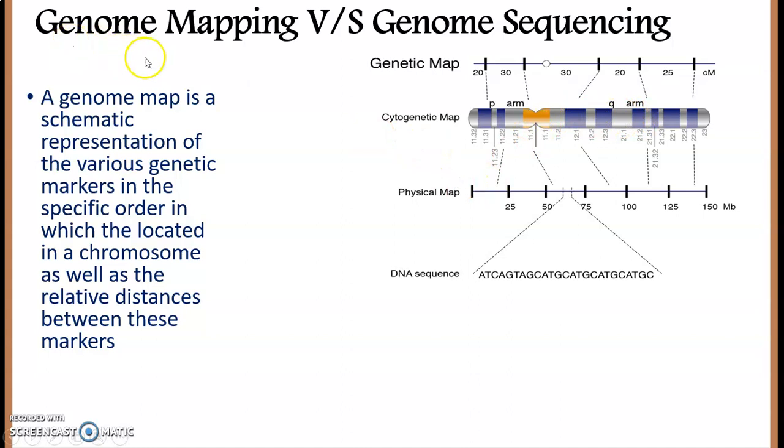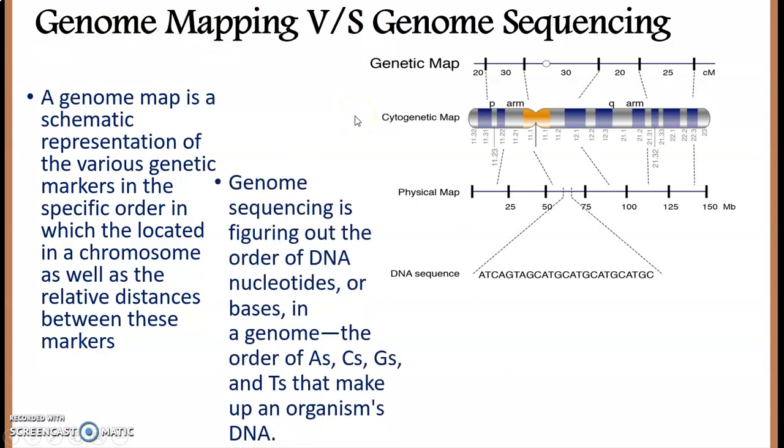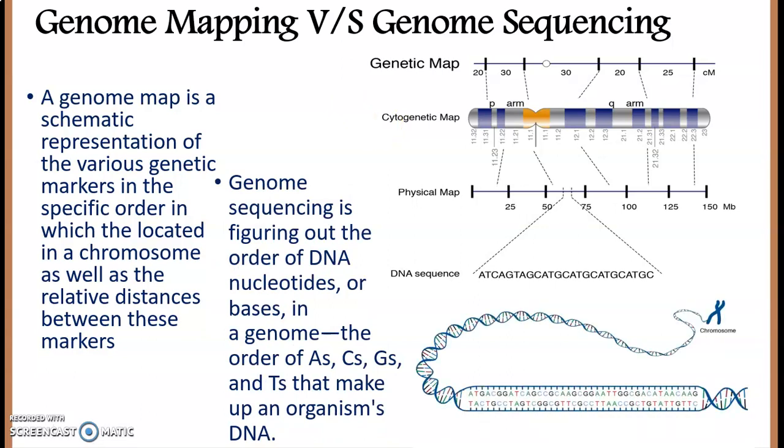This genome mapping actually helps while sequencing the genome. That is not the complete information about the chromosome, but this kind of mapping helps in sequencing the genome. Genome sequencing is basically the A to Z information of the genetic material or a chromosome, that is from its tip to its end, the nucleotides that constitute that particular DNA, the sequence of the nucleotides, the arrangement and the order of those nucleotides is the sequence.